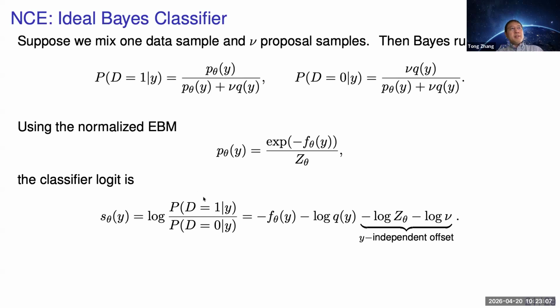Here, these are logits. These logits will be minus f here, minus, these two cancel, right? Minus this guy, minus the log of your partition function, minus the log nu. And if you look at this logit, it still contains